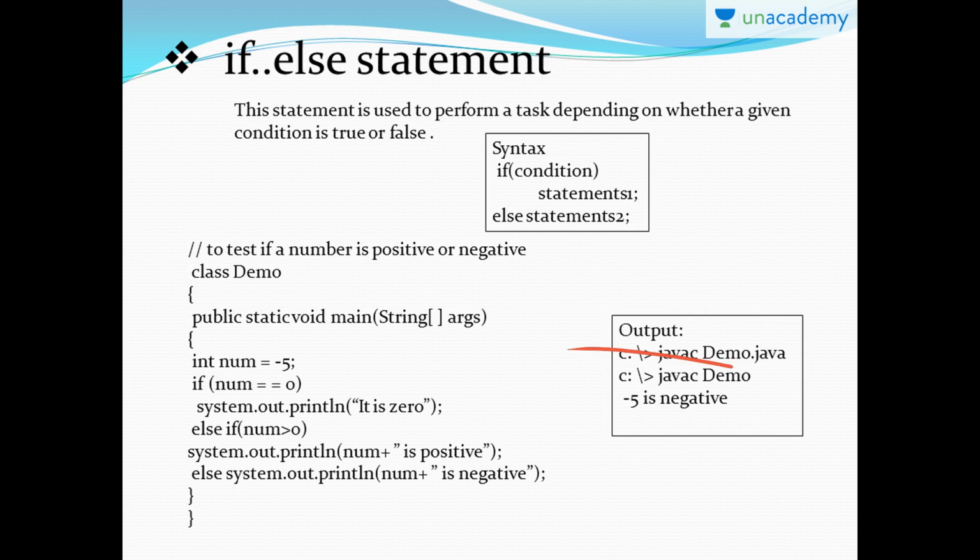As I said, this is how we save our program and then execute it. We type it in any notepad or word document, and then save it with the program name or class name with .java, and then we execute. That is the reason why these two statements are always displayed in the output with the class name, whatever class name we are using. Since we are using Demo here, it is Demo here.